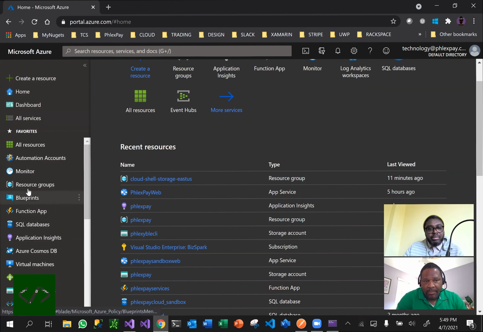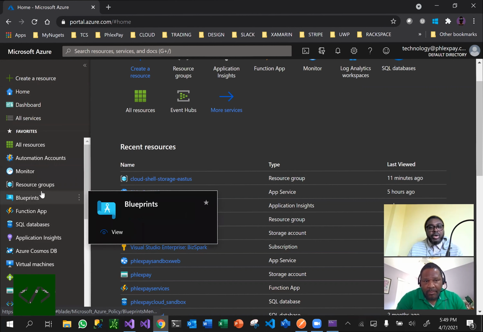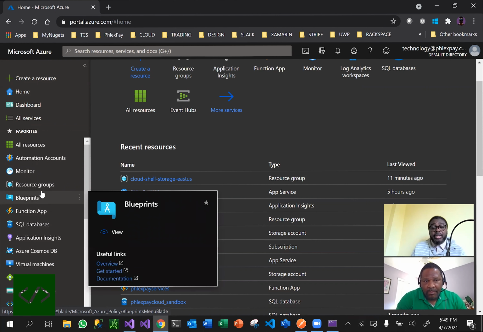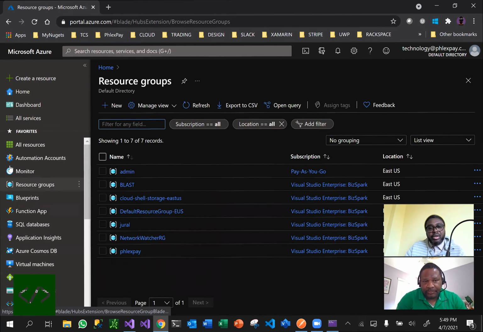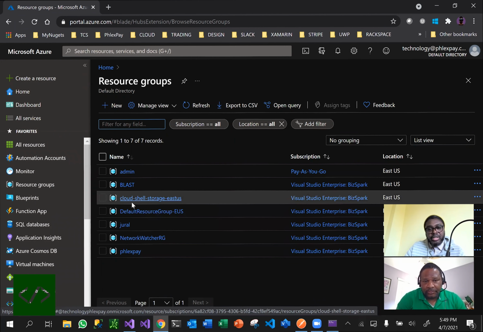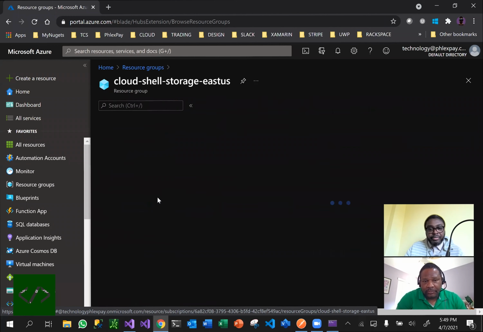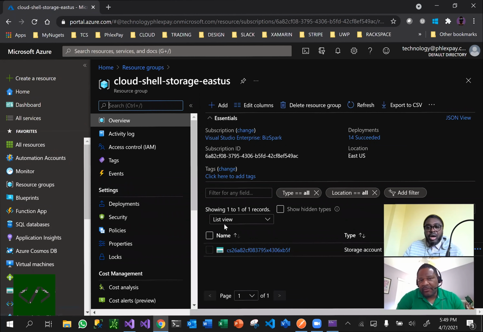So basically, one of the key things that we're going to be doing is deploying. One of the key things that you do in Azure is you have to associate your resources with a resource group. In this case, the resource group we're going to be using is this resource group called Cloud Shell Storage East US. Really, it doesn't matter what name is used. It could be anything. I believe the benefits of a resource group is to allow us to put all our resources